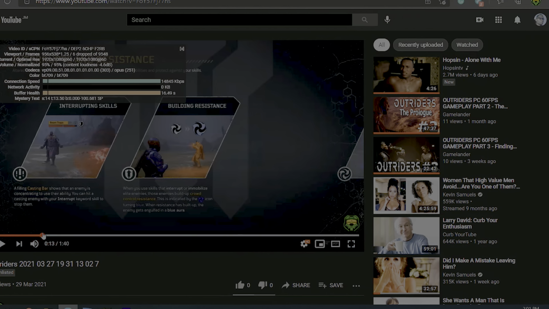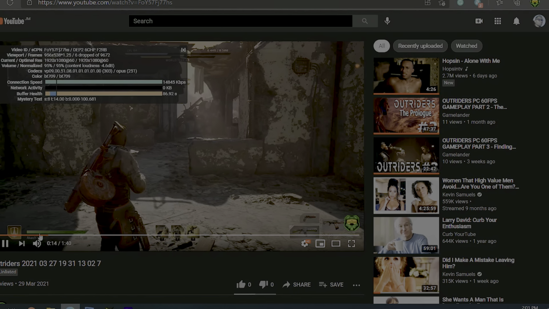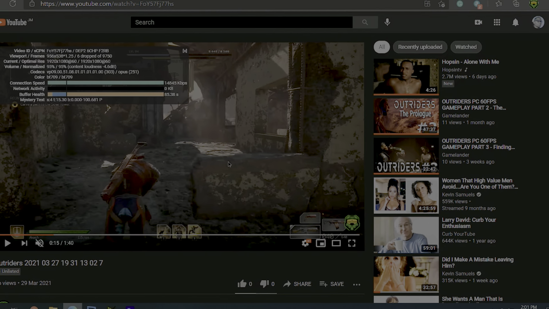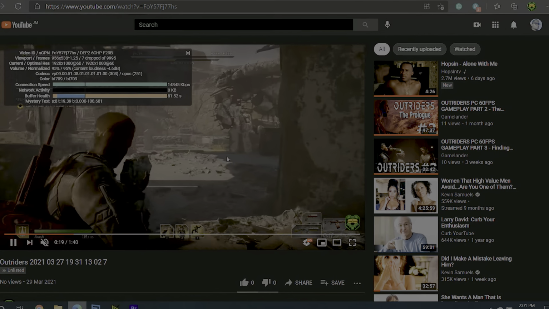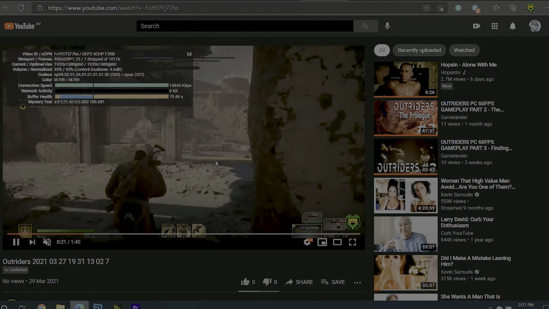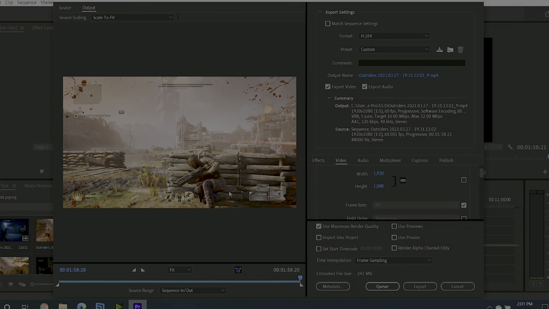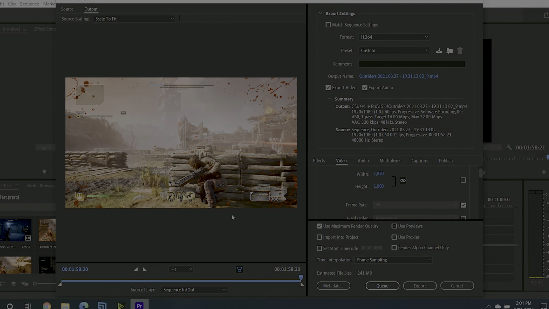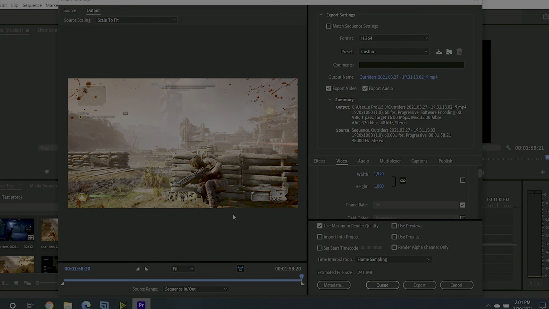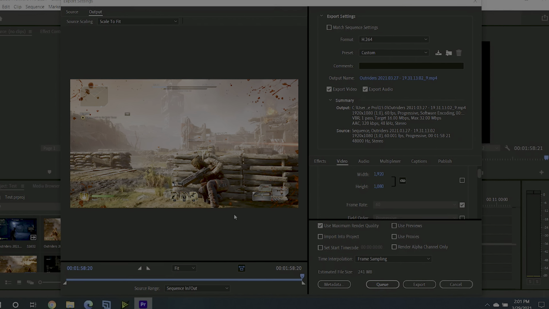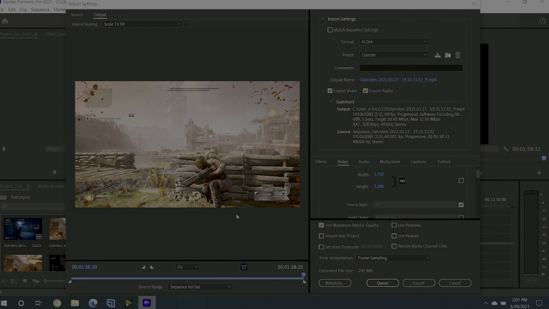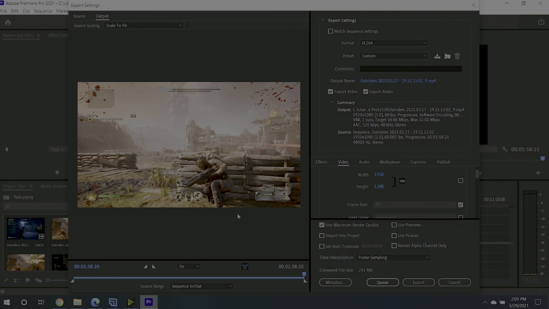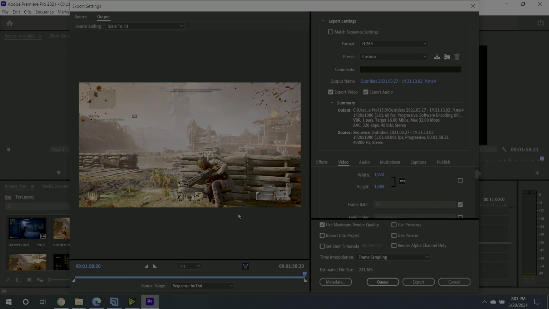Yeah, so as you can see, it's looking very good. So one of the things you can also do is match the bitrate that you recorded your video in to the bitrate which you're rendering out in. For example, I record my videos at 45 to 50 bitrate when I'm recording my gameplay videos. So you can render out that,